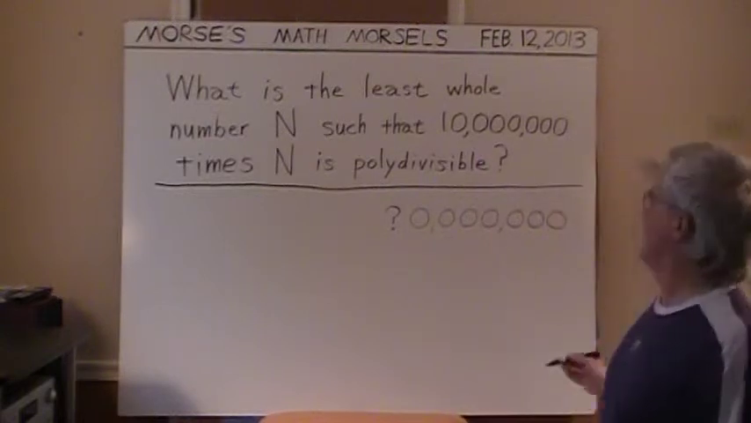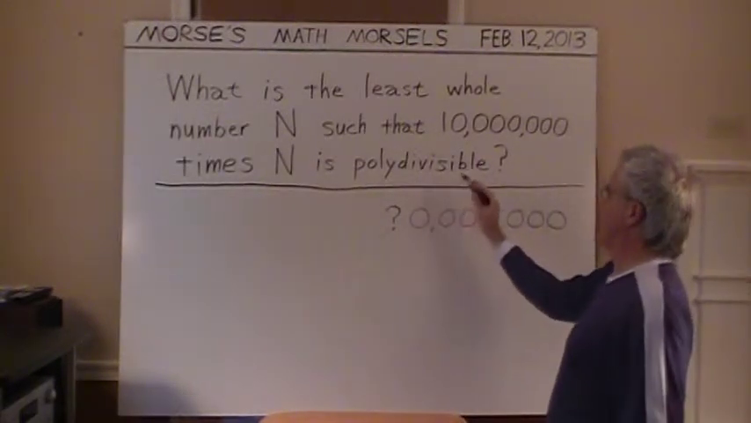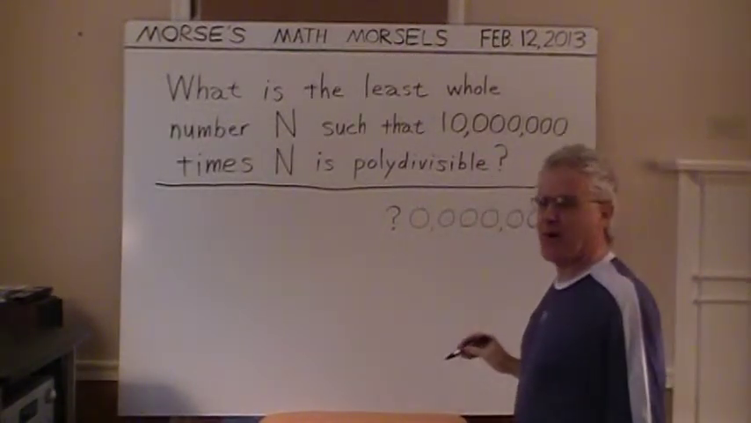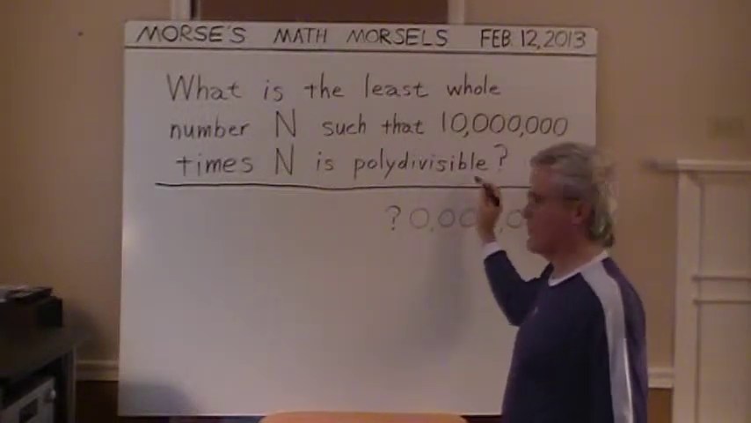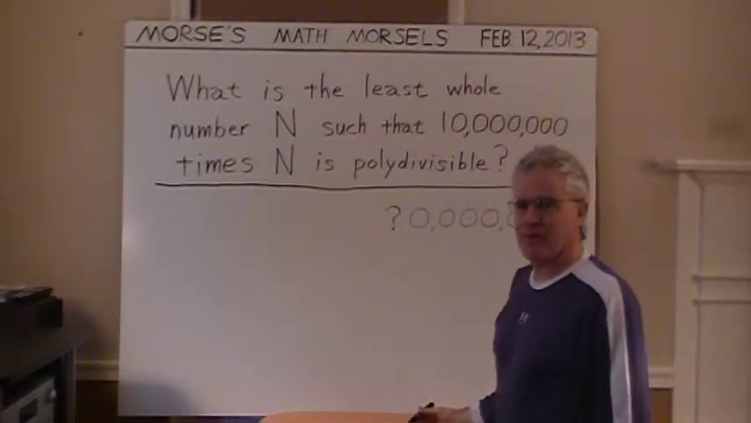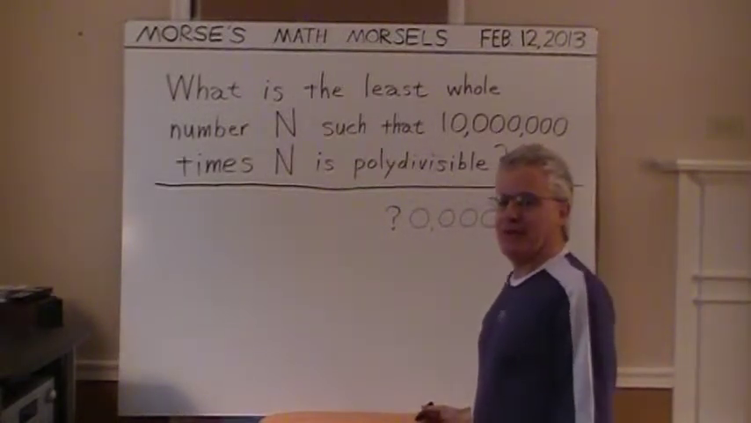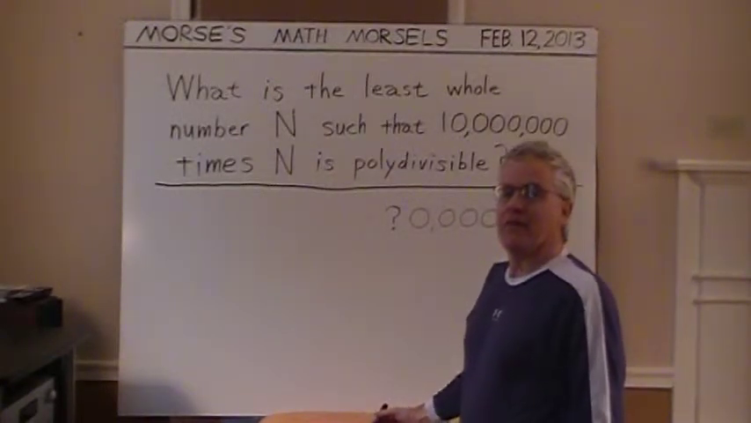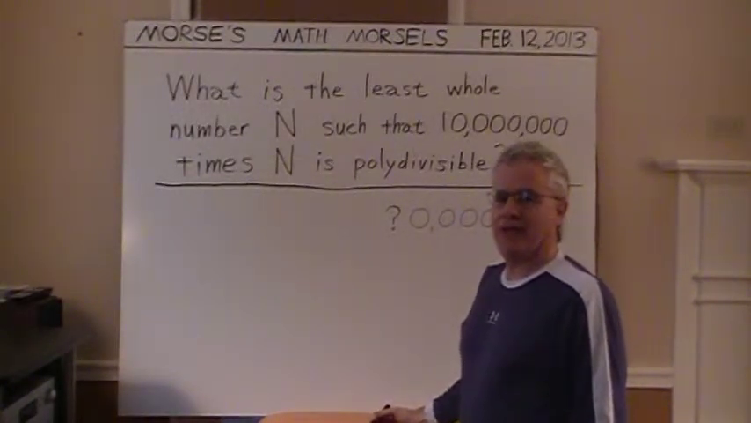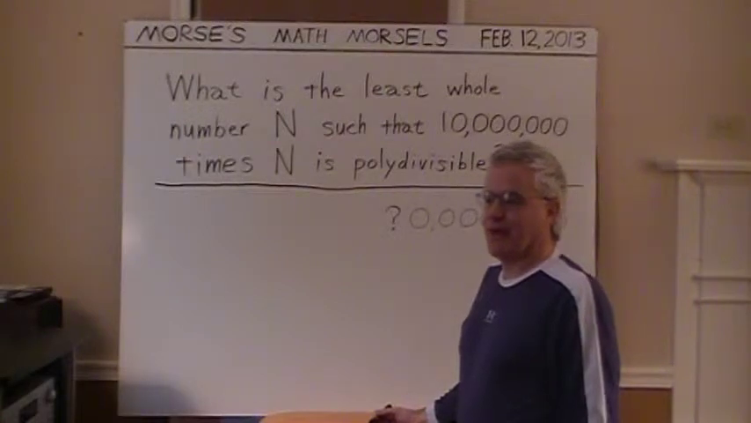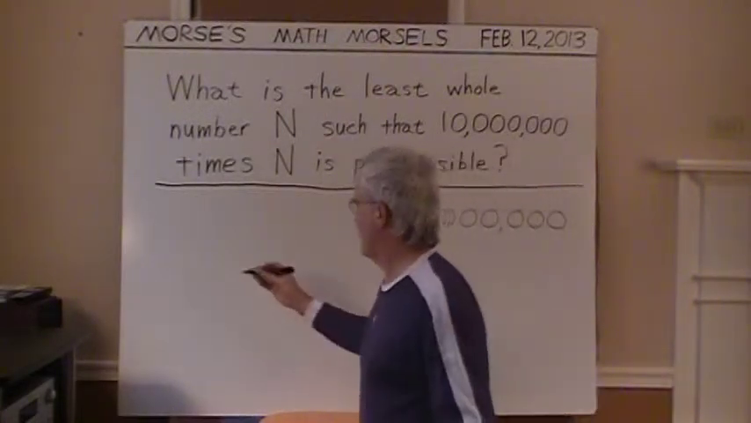And here is a problem in polydivisibility. Wow, polydivisible. What does that mean? Well, from another video, it means that the number formed by the first n digits is divisible by n. For example,